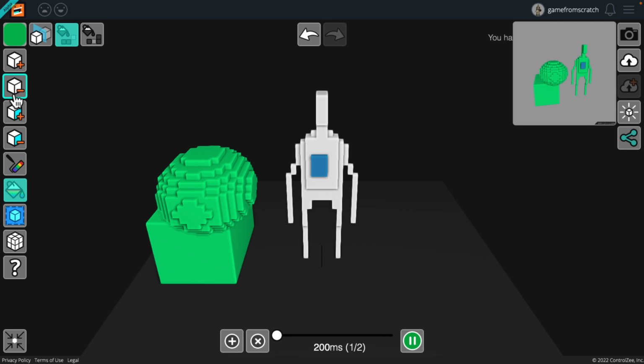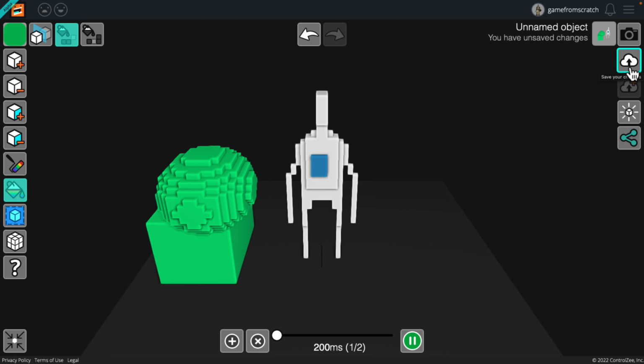It's a solid set of tools. You've got tools here for adding and subtracting voxels, etc. And then you have the ability to save this change. If I go ahead and save this guy as, I guess, unnamed object 01, when I go back